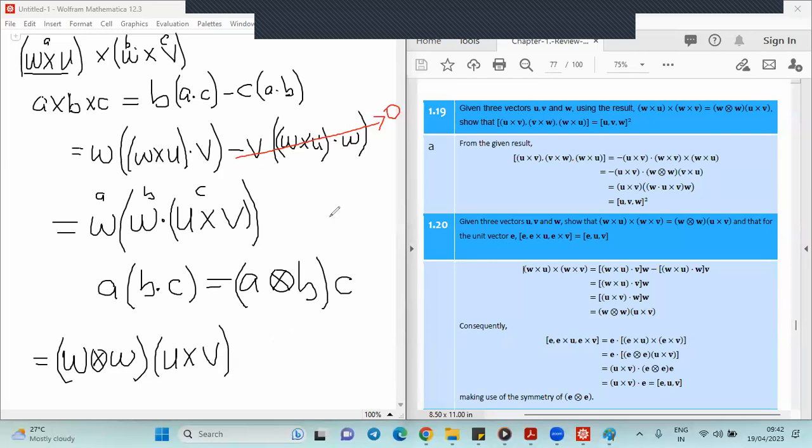At least for the first part of it, because the first part says we should show this expression, W cross U cross W cross V is equal to this. So we've shown that. Is there any question